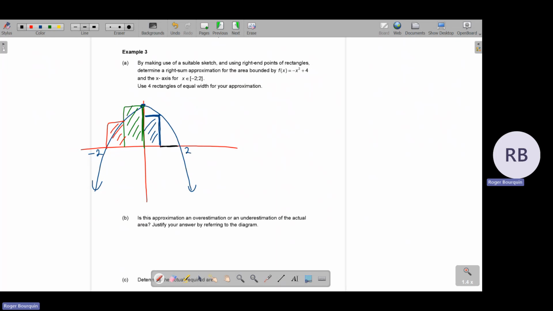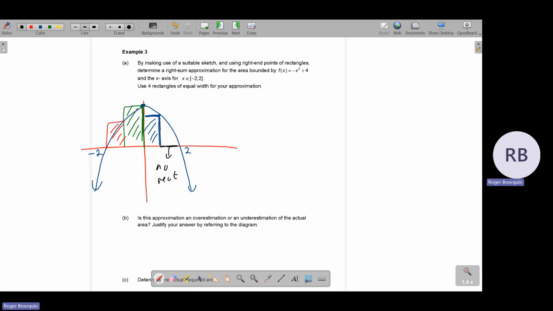So it's not a rectangle at all. The area of that is nothing because you're using a right sum approximation, right? Okay. So on the right side of this rectangle would be that. This one would be on the right side, which is on the x-axis, right? So there are actually only 3 rectangles that count. We're going to add up the red, the green, and the blue, because this right boundary is on the x-axis. Do you agree with me? So there's no